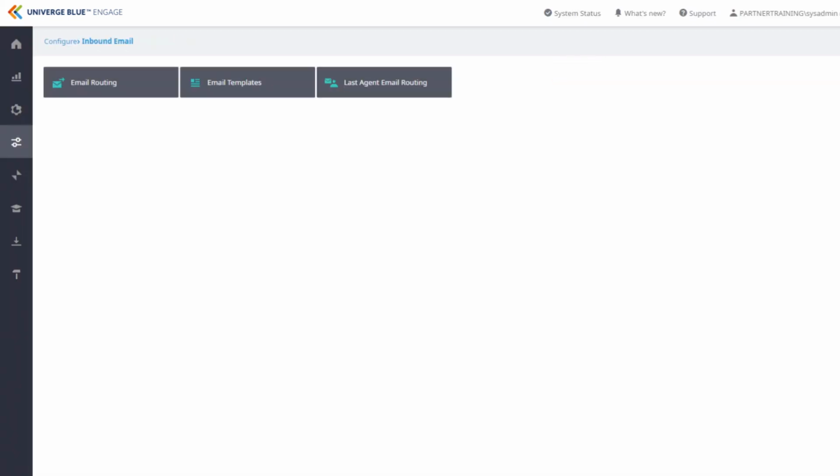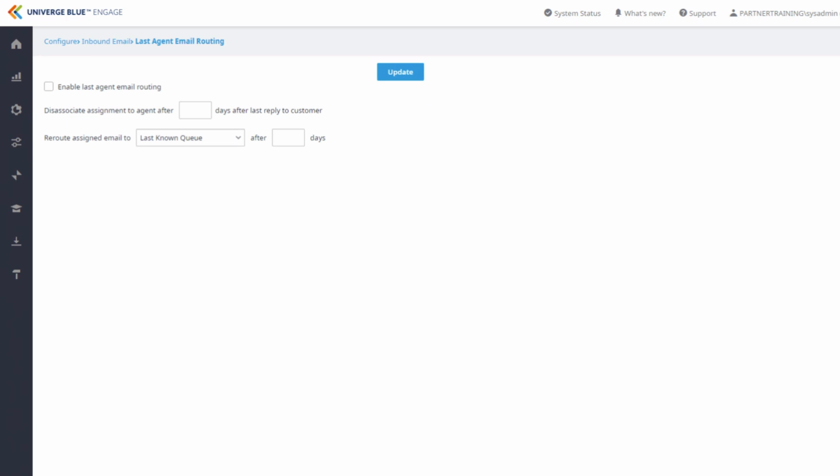Finally, we will now cover last agent email routing. As stated earlier, this feature helps to ensure that emails are getting the attention that is expected. For instance, an agent is assigned an email, but they have a family emergency that takes them away from work for a week. You would not want your customer to feel the effects of their absence. Using last agent email routing will allow you to set a time limit on the inactive email and assign it